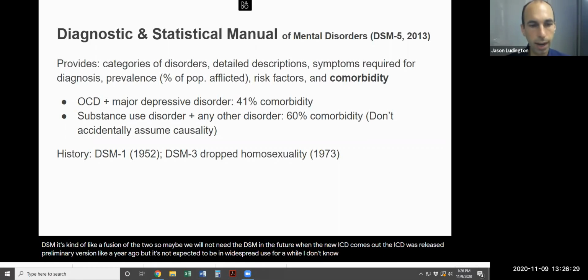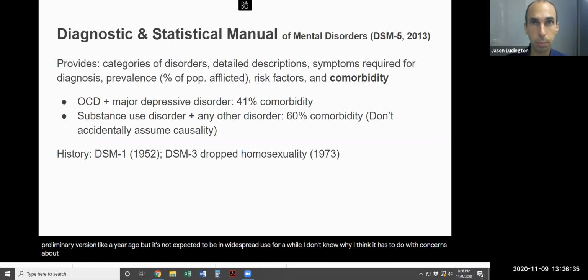I don't know why. I think it has to do with concerns about replacing previous editions and how that's going to affect insurance companies. Maybe they're still accumulating more research for it. Anyway,